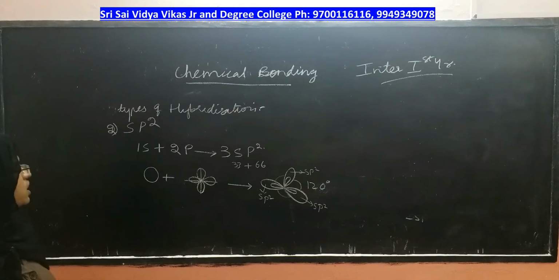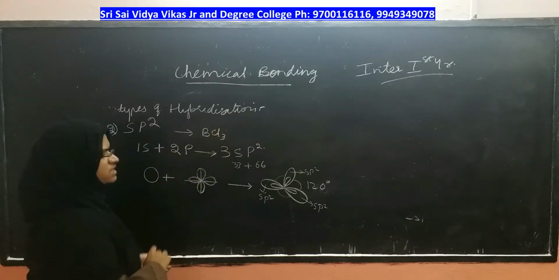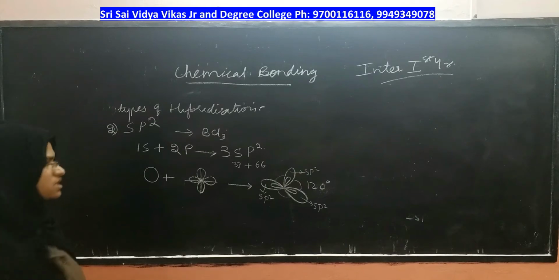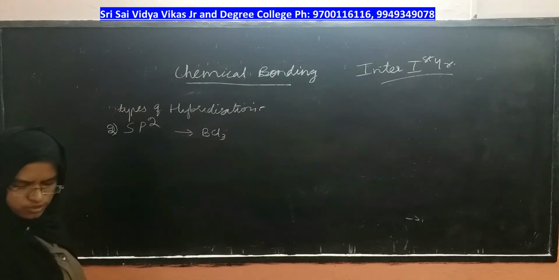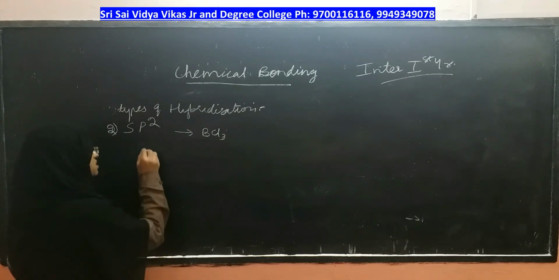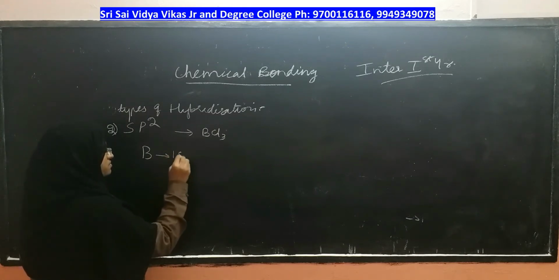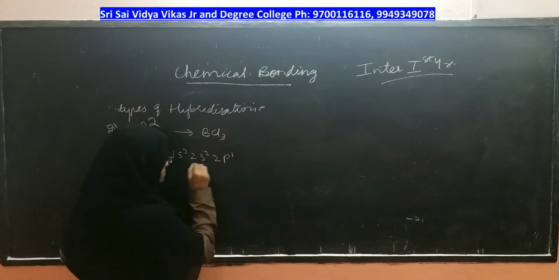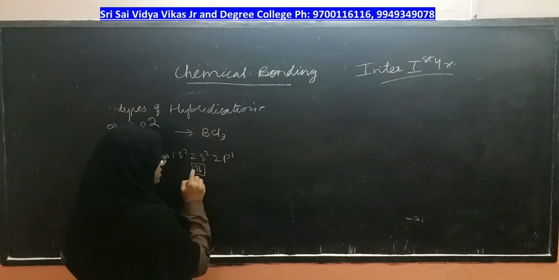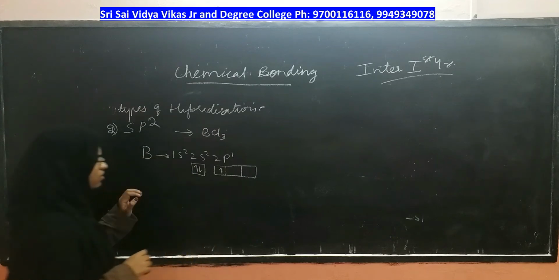And the molecule that undergoes sp2 hybridization is boron trichloride. Shall we see how boron trichloride undergoes hybridization? Let us do so. Who is the central atom here? Chlorine? No, it is boron. So who should undergo hybridization here? Boron only, right? Let us write the electronic configuration of boron, which is 1s2, 2s2, 2p1, right? In the valence shell, a pair of electrons here and one electron here, right?